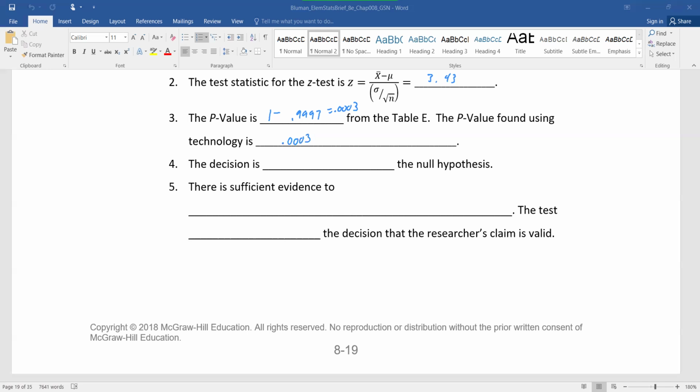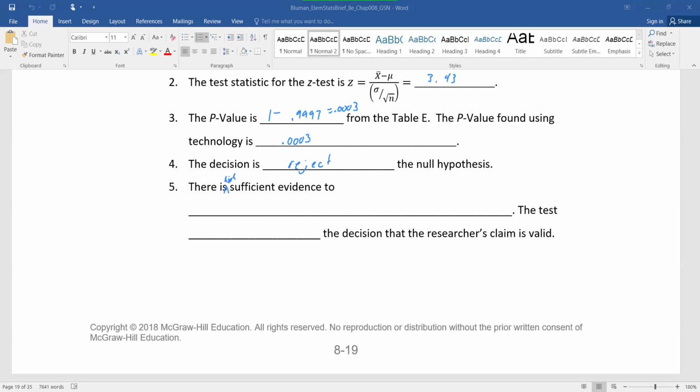Go back to what our saying was. At a p-value of less than 0.01, what are we doing? Go back to the guidelines for the p-value. We are rejecting this null, right? Because we have a highly significant level. The decision is to reject the null hypothesis, and there is sufficient evidence, or really, there is highly significant evidence